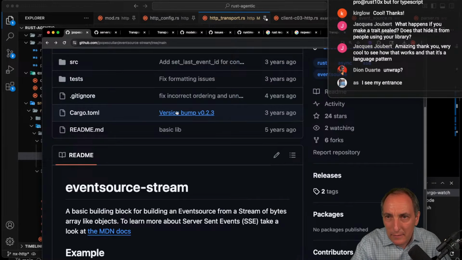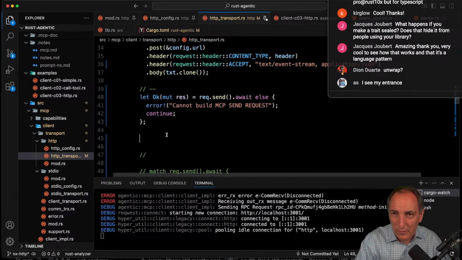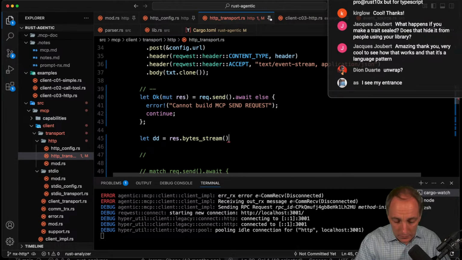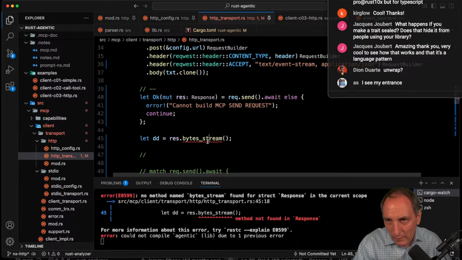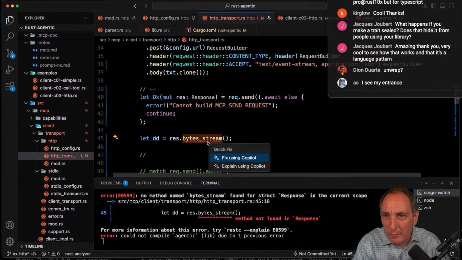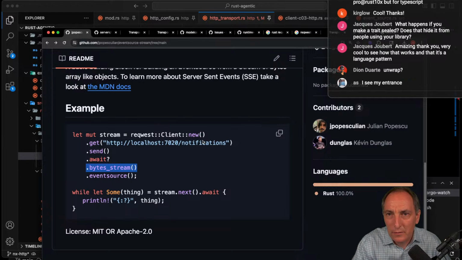and then we're going to take whatever it does here, which is a byte stream, which we might need another crate for that. Res, let dd. So my dd is just because it's easy on my keyboard. And then this way I know what the type going back. So that is byte streams. I think you need another crate